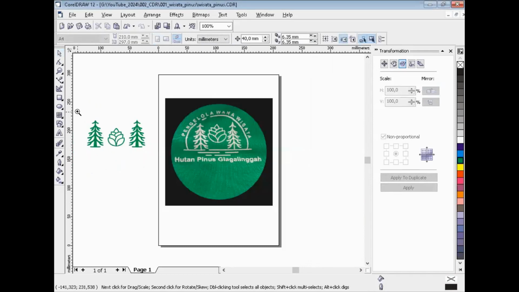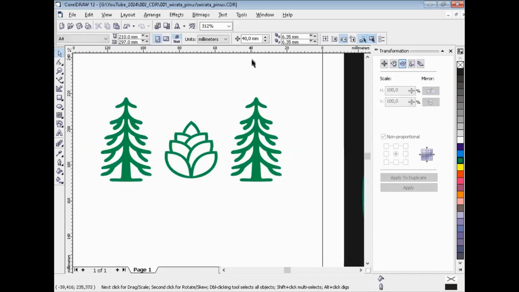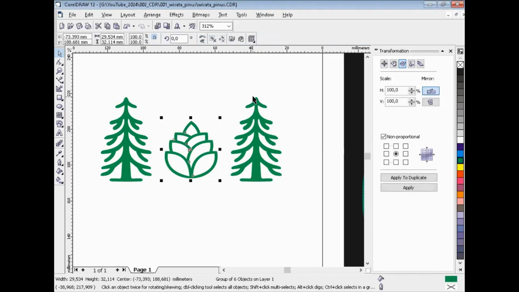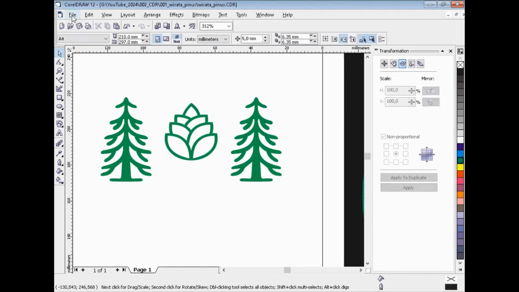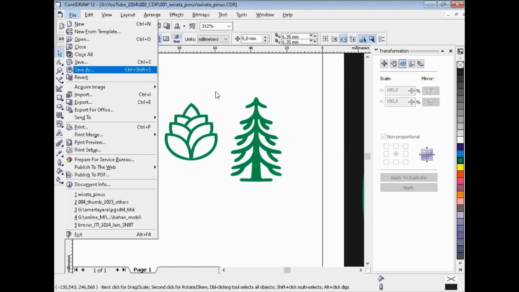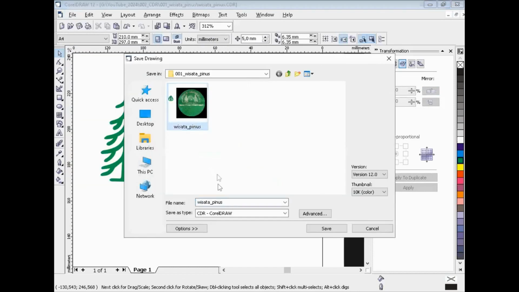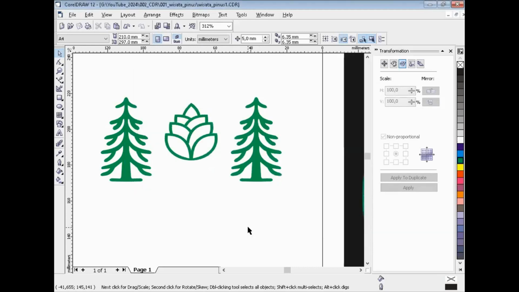If you want to move the object, you can adjust the object, maybe 5, and you can create like this, or another. Okay, I will save first. Save hutan pinus 1. Yeah, great.